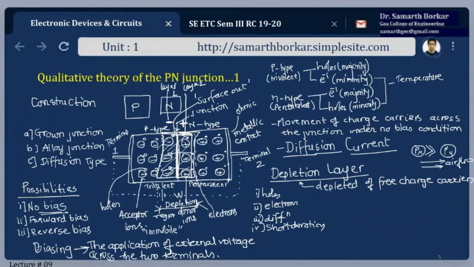As we have discussed, this region we have marked as positive. Fine, it is positively charged immobile ions. These holes are also positively charged. Now these holes will be repelled by this region, so there won't be any further movement of holes from p type to n type. So this acts as a gate, a barrier.